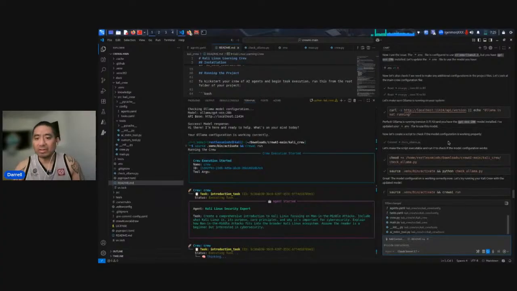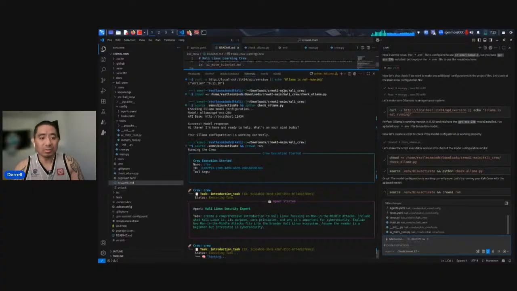So right now, the Kali crew is started. So the Linux security expert has been initialized. Now it's thinking, which is good. Good progression. This is what we want to see when vibe coding is the output, which is good code. And I say good code because I'm pretty sure there are errors within the file, so we'd have to go in and solve those errors.